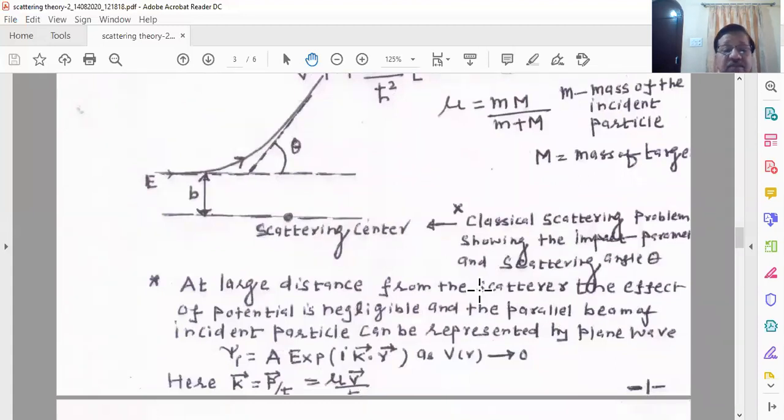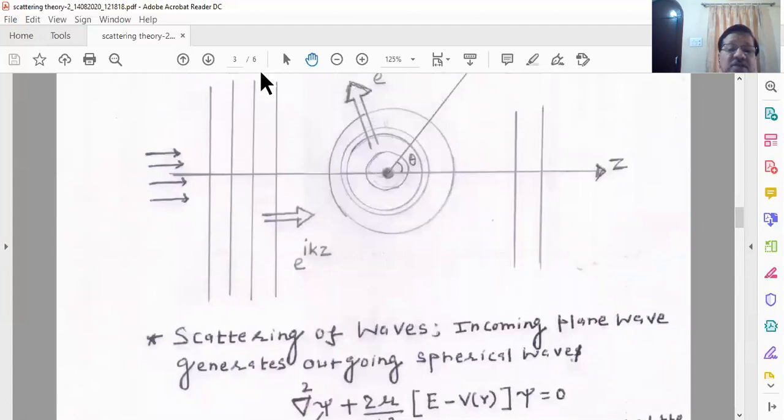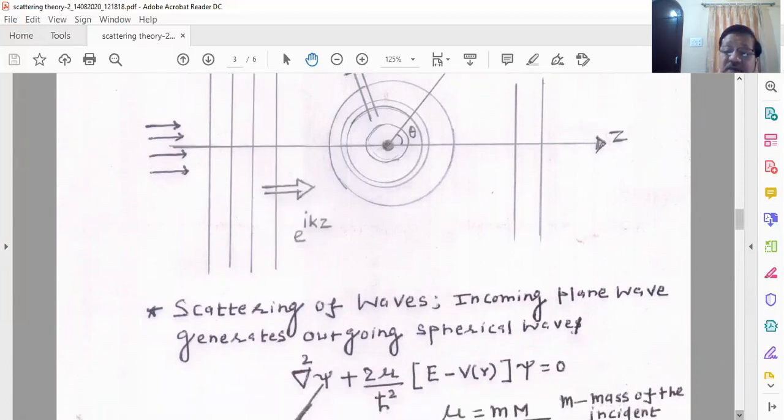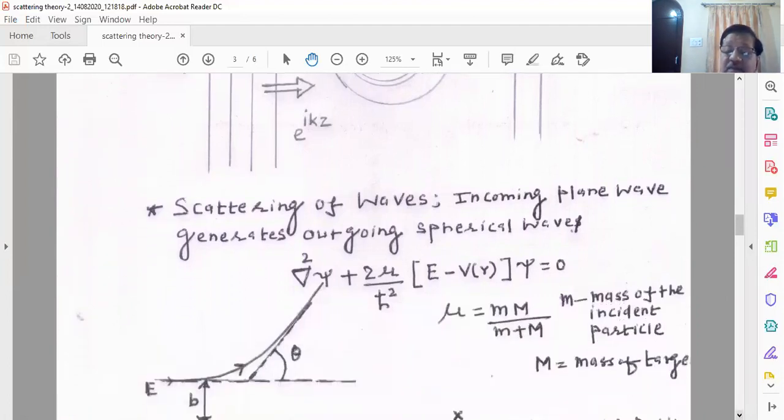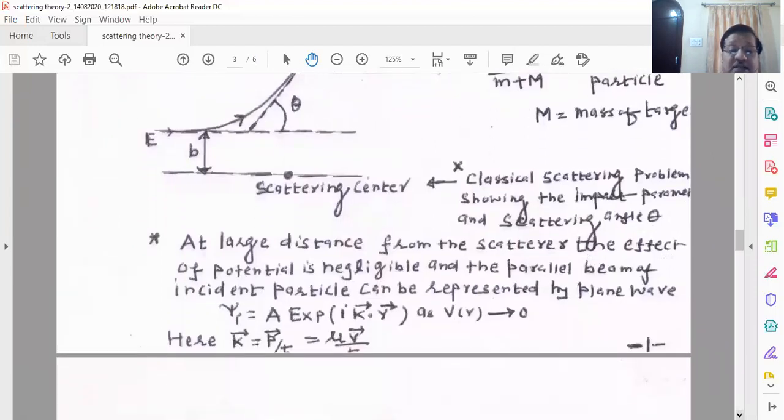Now you see here, first of all, I write down the expression for the incident wave, which is considered as a set of plane waves moving along that direction. The incident beam is referred to with I for incidence. So I write psi I equal to some constant A times exponential of e to the power of i k dot r.